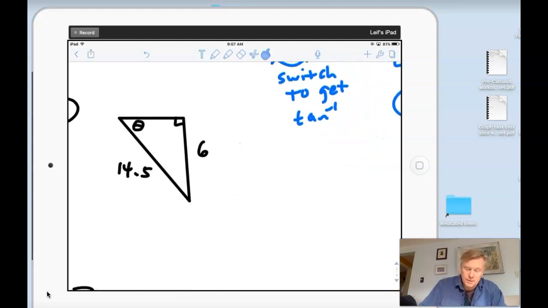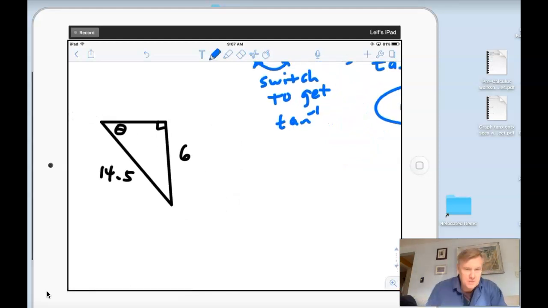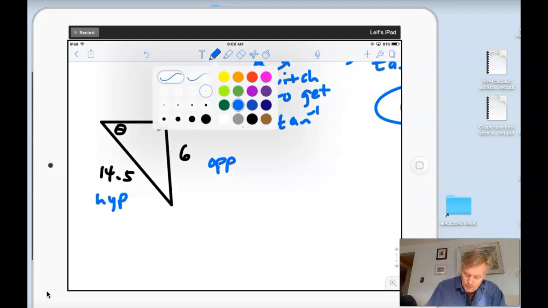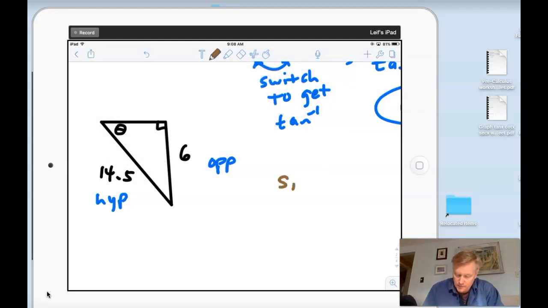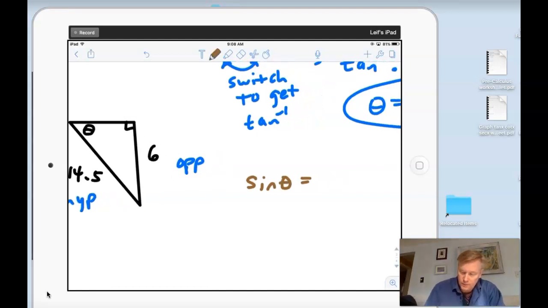All right, this one, similar, except that it's not going to be tangent because this is the opposite side. This is the hypotenuse. So I'm going to be looking at the sine, okay? So the sine of theta equals 6 over 14.5. Remember, the sides always go in the fraction. The angle always goes next to the sine, cosine, tangent. Next, I take 6 and divide it by 14.5,